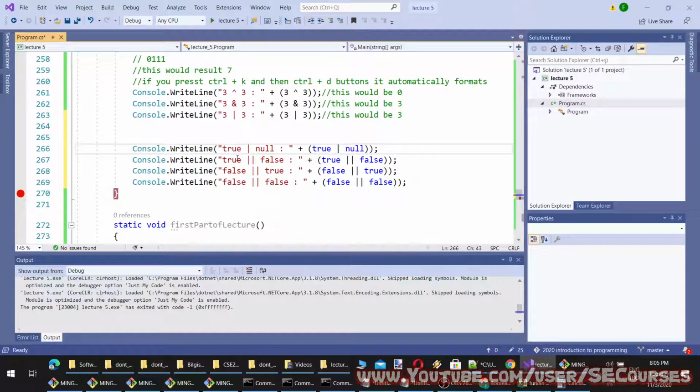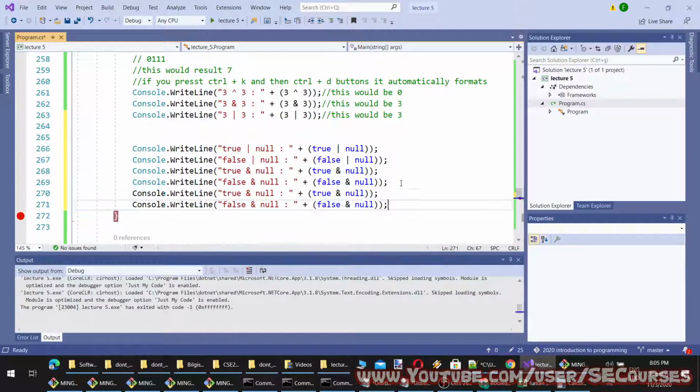True and null. And let's check false and null. Null, okay. And we'll copy paste this. True and null. And one more time, XOR.